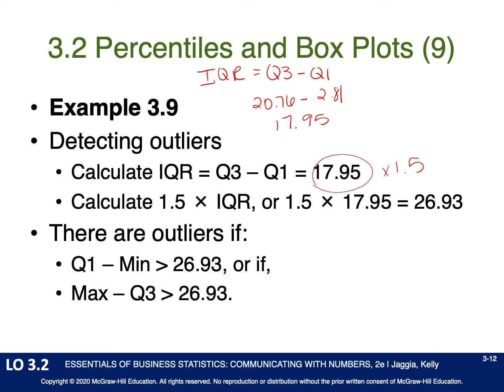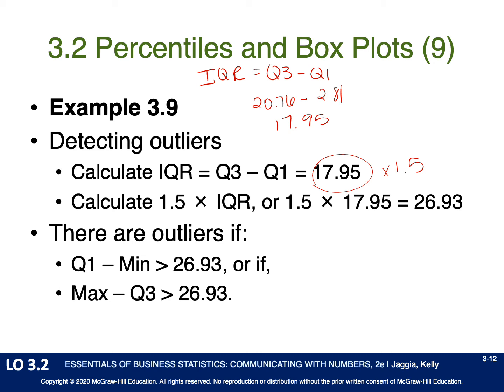So we're going to look at the maximum minus quartile 3. If that's greater than 26.93, then we have an outlier. If the maximum minus quartile 3 is less than 26.93, then we don't have an outlier. So looking at our data, which again I don't have on the screen in front of you, but you have in your notes,